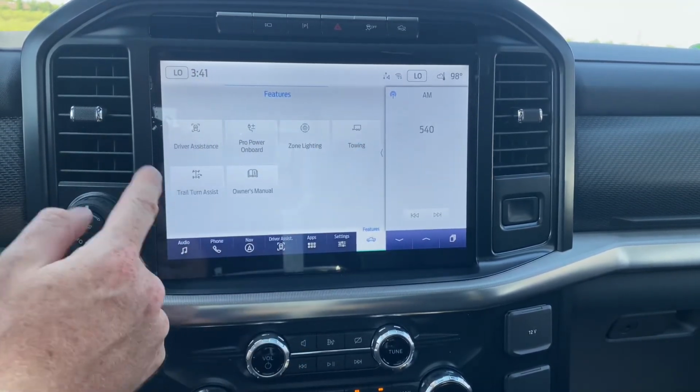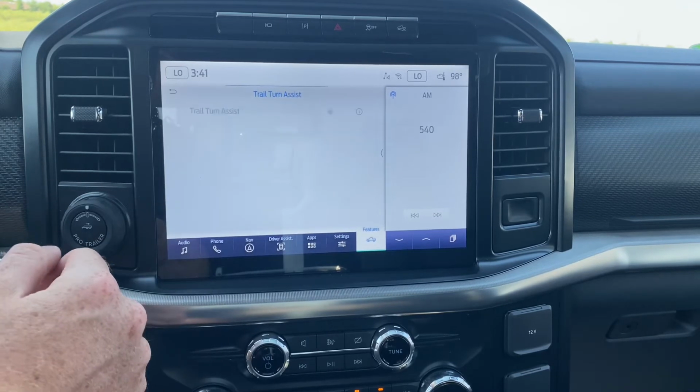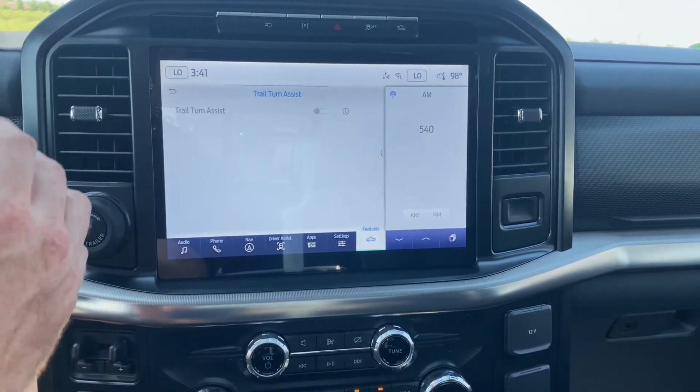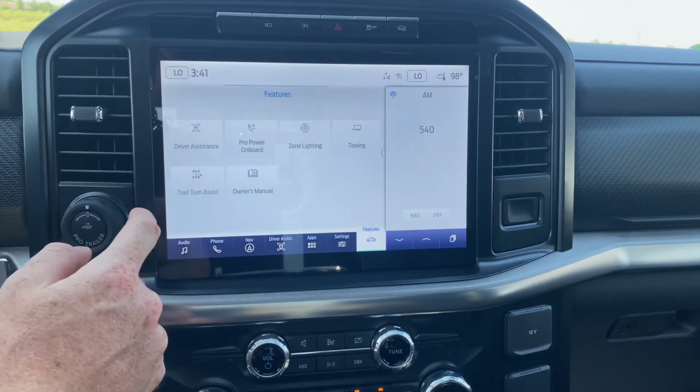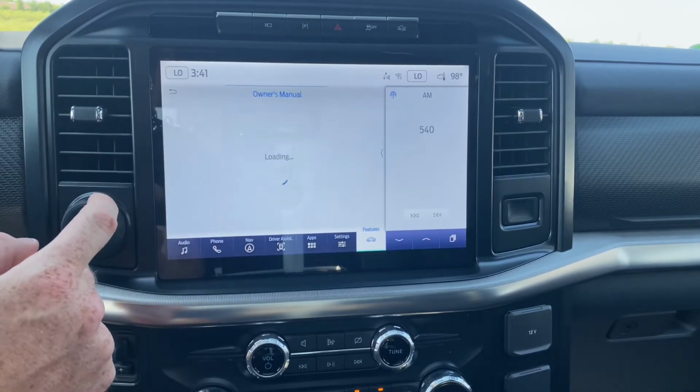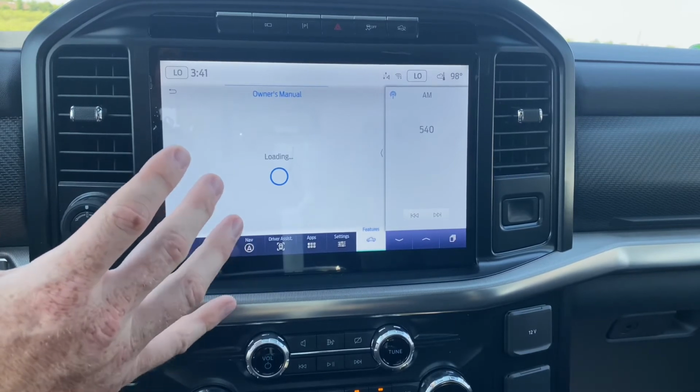Your towing, your trail turn assist. Trail turn assist, this is an off-road vehicle, so typically only these kind of vehicles that we're in right now will have something like this. And your digital owner's manual. The digital owner's manual is fantastic